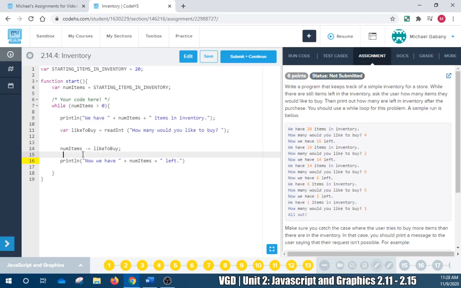So this is going to be an if statement. If the number of items is greater than 0, we're going to print we have number of items left. Else